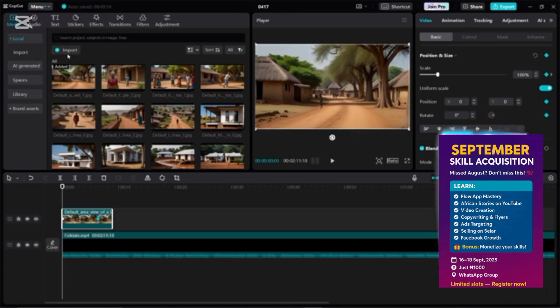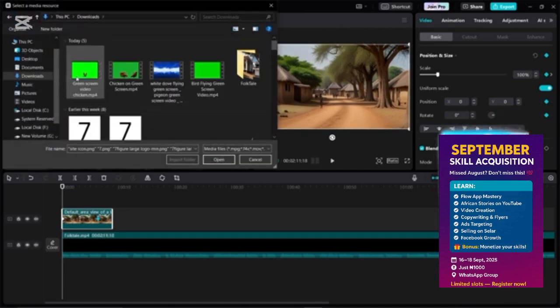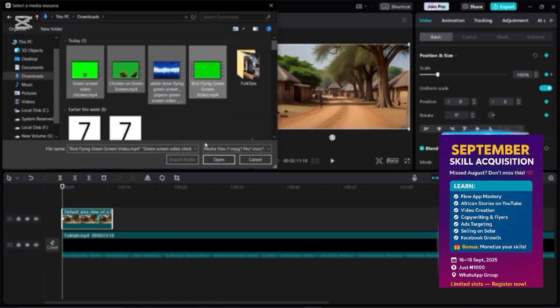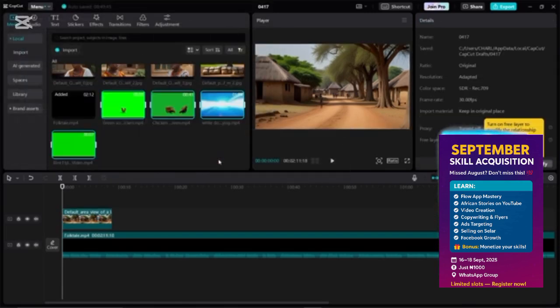And to do that, we're just going to go ahead and click on import. And here you can see my green screen. So I'm going to go ahead and select all these green screen videos. I'm going to show you how to use it and how it's going to take this, our video, from this